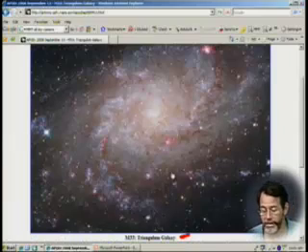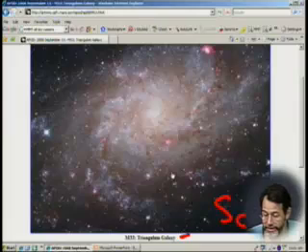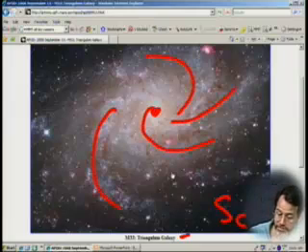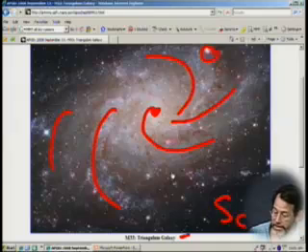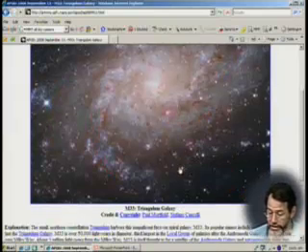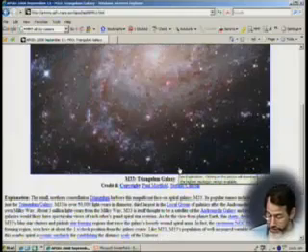This is a relatively nearby spiral galaxy. I would guess we'll talk about galaxy types later in the course. This is type SC. It's a relatively small SC galaxy that's near the Andromeda Galaxy. Here you see the center of it, and here you see some really spectacular spiral arms. Here you see a dramatically large star-forming region. So this is a really spectacular-looking nearby spiral galaxy.